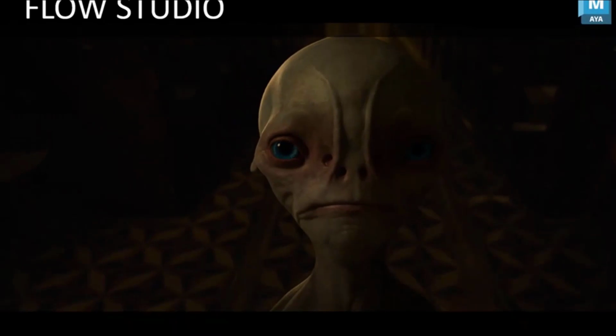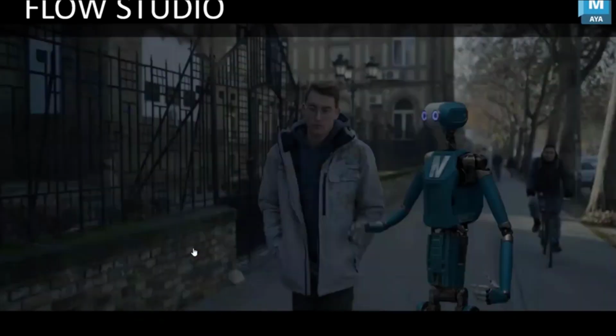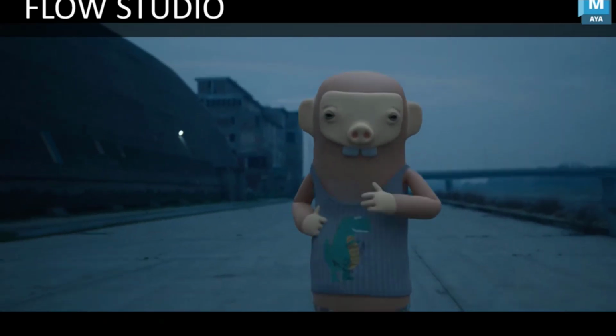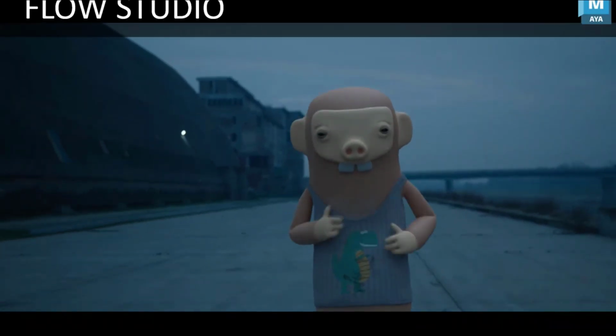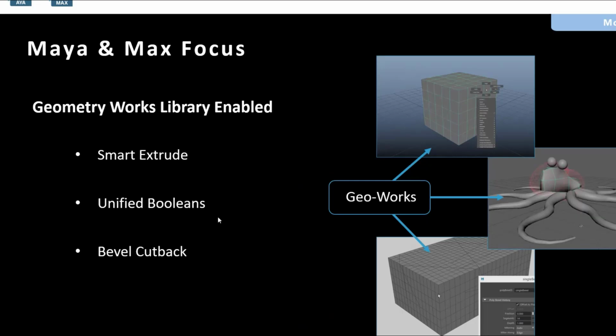Whether it's one shot or a full sequence, Wonder Studio analyzes and captures everything from body motion. So I'll move on. I think you can find out on the YouTube channel. You can even go directly to Flow Studio. This is a good improvement this year from Autodesk Media Entertainment.